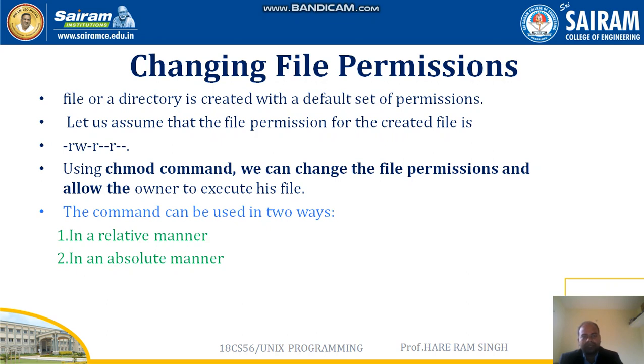Based on default properties, every user will be given some permission on a file. When a file is newly created, the owner will get permission only to read and write. It doesn't have permission to execute. Similarly, the default permission for group is only read, and in the same way the default permission for others is also read for a file.